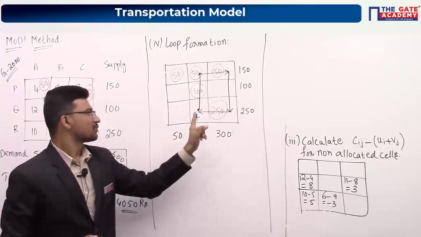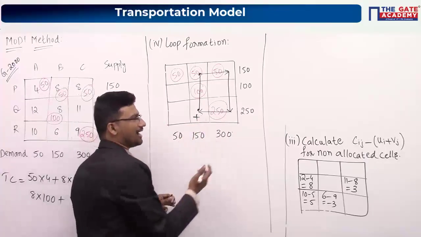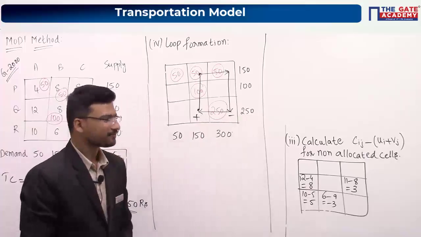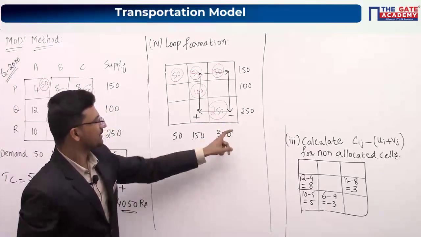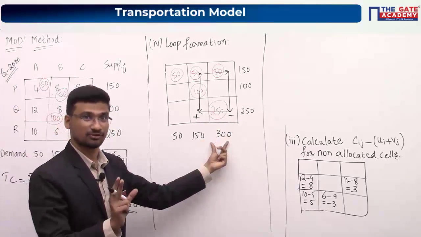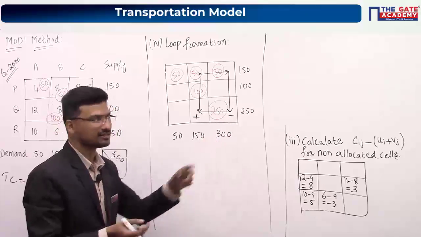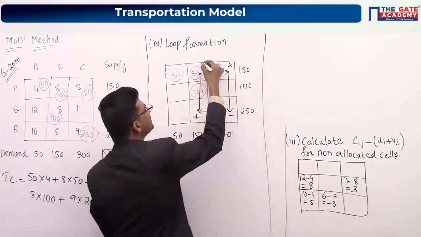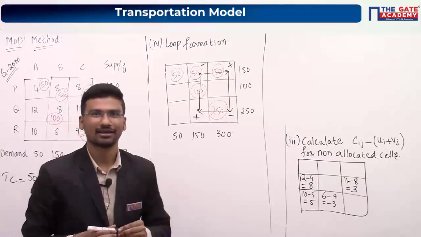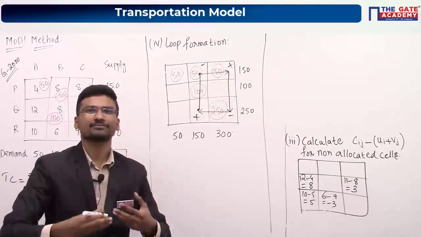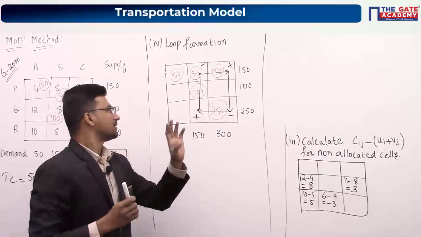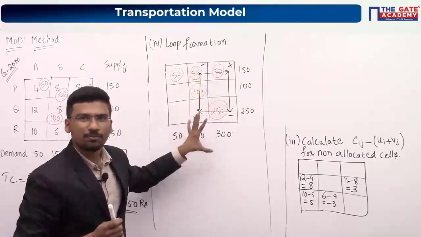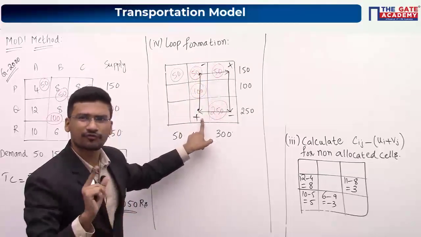Okay. So if I am adding here, I have to subtract here. Now if I am subtracting here, this will change. So you should not change this; you have to keep this constant. That's why I am adding here. And if I am adding here, I have to subtract from here again. Okay, so I am repeating again. After forming a loop, here you have to add some number of units.